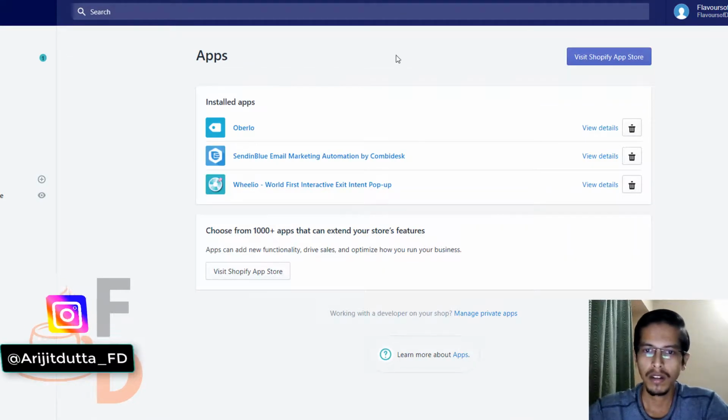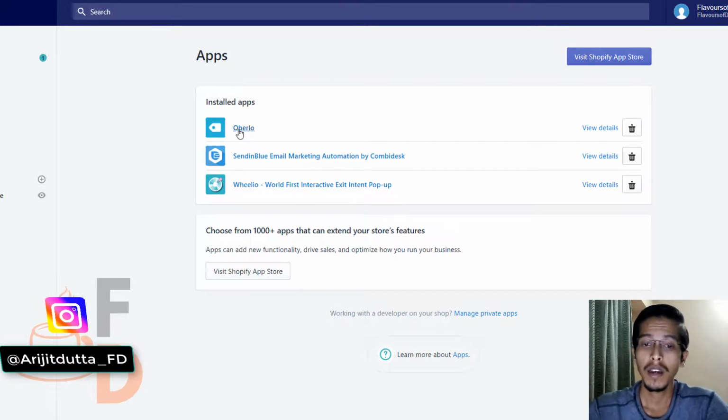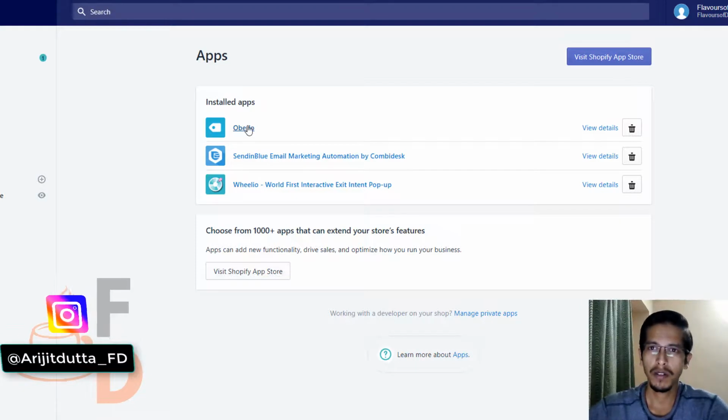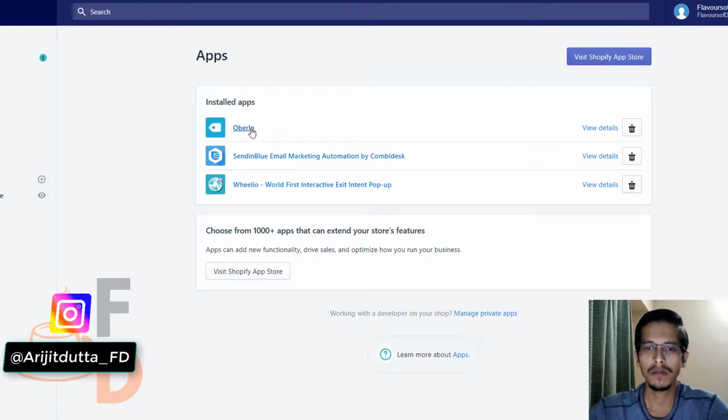Once you install a lot of apps, this is a demo one, so nothing to watch here. But the thing is, you should install Uberlo, right? For fulfilling orders, I guess you know how to fulfill orders and all. You can just watch free videos on YouTube and understand about this, but if you don't know, it's quite good. This is the exact app that you should use in order to deliver your products to your customer,